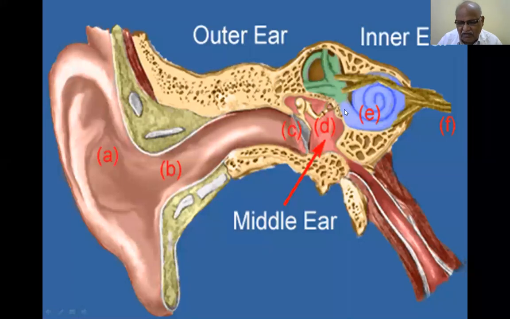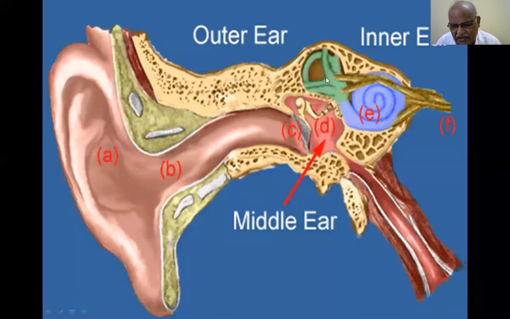Now, this is the internal ear or inner ear. So, this green color is the cochlea, the central part is the vestibule, and the green color is the semicircular canals. This constitutes the internal ear. This internal ear or inner ear is otherwise called the labyrinth. So, external ear, middle ear, and where I put the cursor, this is the inner ear.